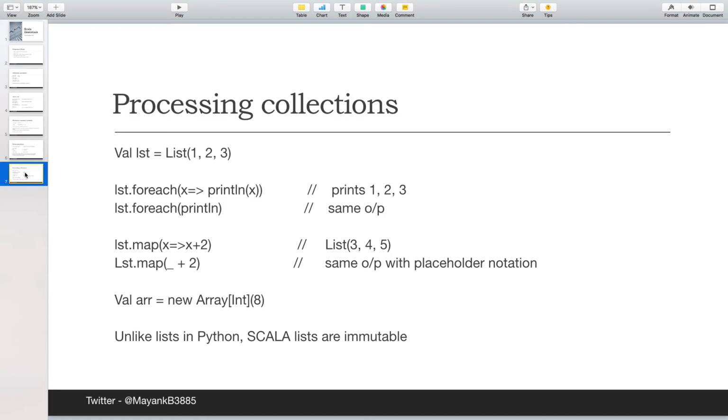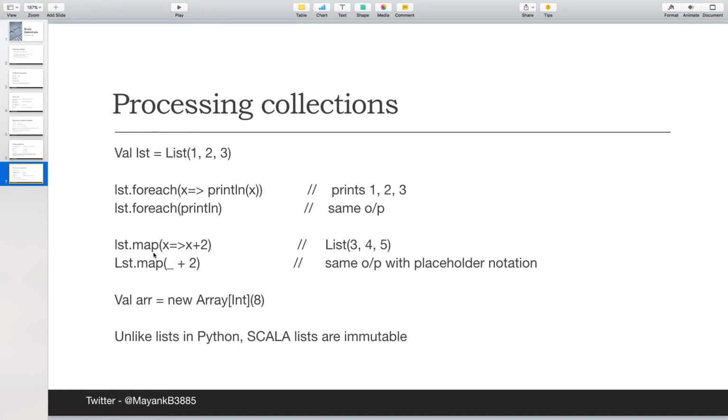So you have something known as list. So this is how you declare a list. So this will be val list equal to List(1, 2, 3). So these values will be stored, and then you can print all the elements in the list using a command foreach. So that also you do in different ways, as you can see over here. So println is nothing but your println as in Java. So it will print line by line, or rather one line at a time.